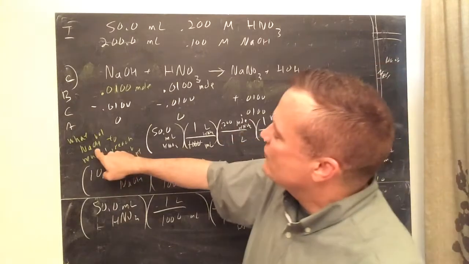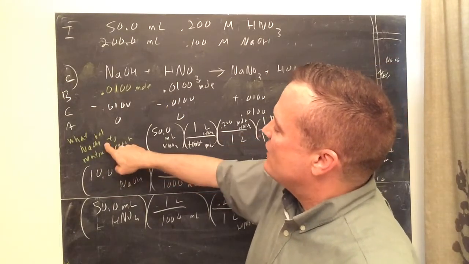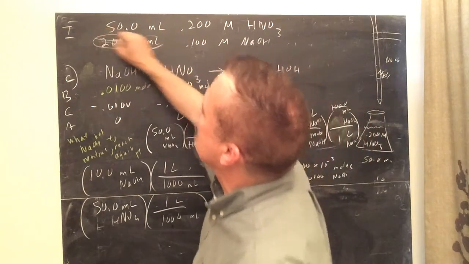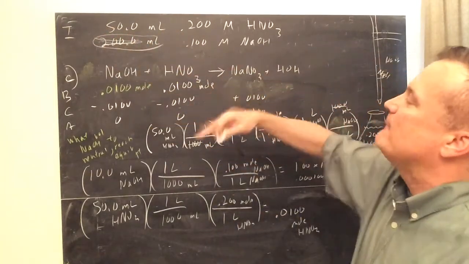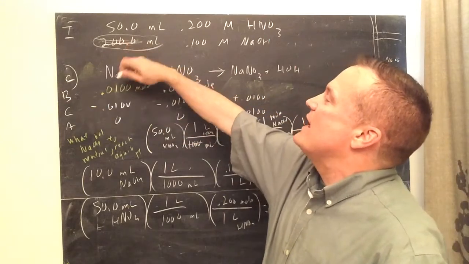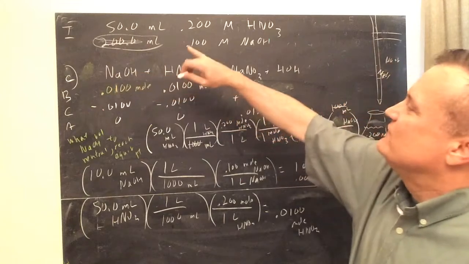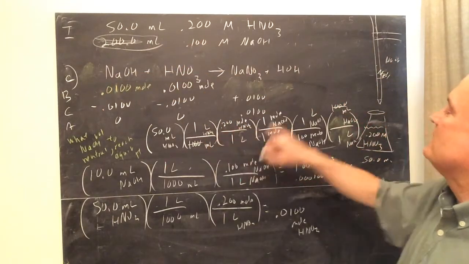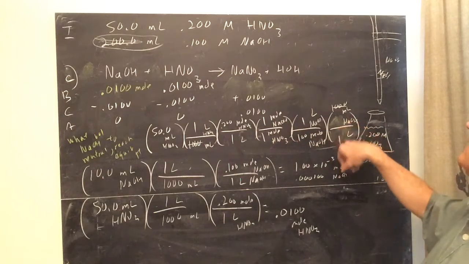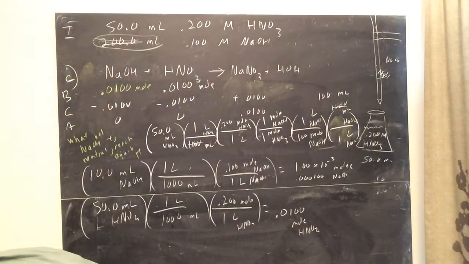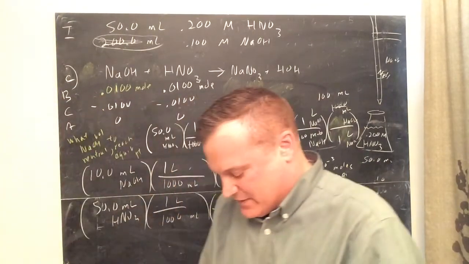So what volume is needed to get to the equivalence point of NaOH? Don't worry about the fact they said you have 200; you have it available, but how much of that do I need to add? It ends up being half of that, or double that one. So 50 milliliters of 0.200 molar: milliliter, liter, liter to mole, mole to mole, mole to liter, liter to milliliter. It's 100 milliliters. My graph is not going to be perfect, but here's what